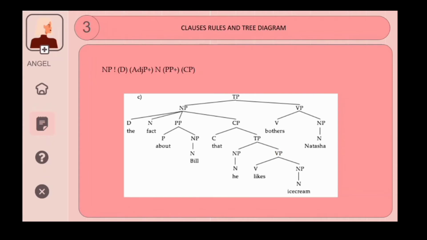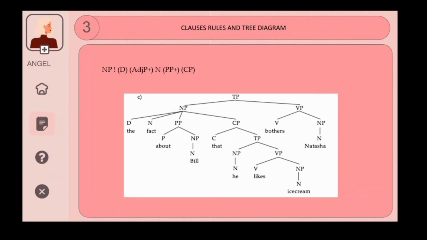So TP is noun phrase, determiner the, and then the noun is fact, and then the prepositional phrase about, and then the noun phrase, noun Bill, and then the complementizer phrase, and the complementizer is "that,"